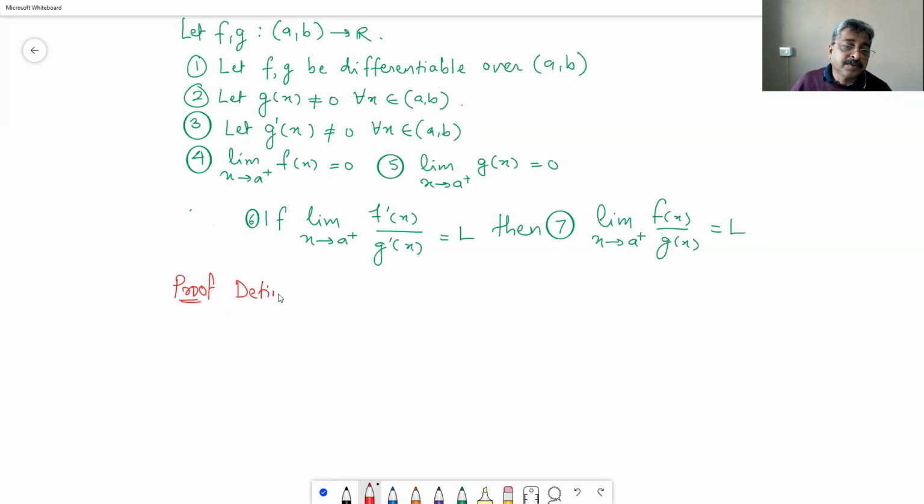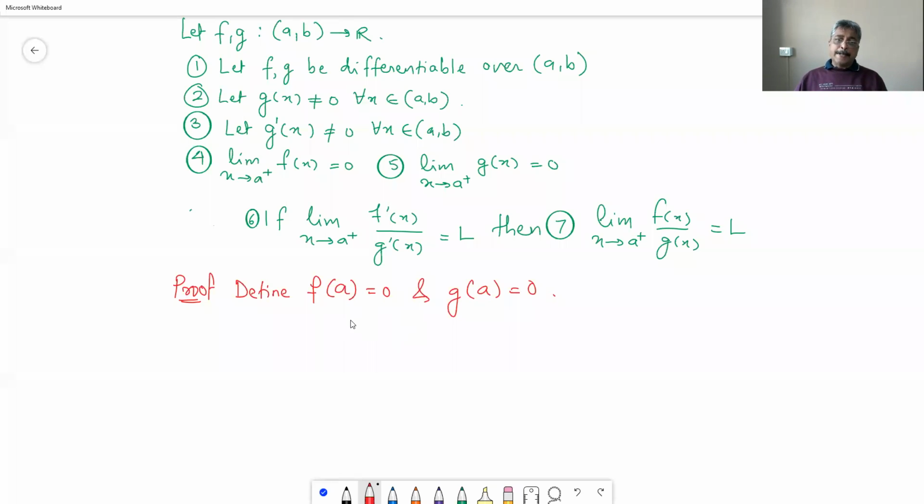define f of a equal to 0 and g of a equal to 0. That is what we do from our pocket. I mean, we do not know how f is behaving at a or how g is behaving at a, but we only know that as x tends to a plus, near a, the value of the function becomes 0. So there is no harm in defining f of a is equal to 0 and g of a is equal to 0,